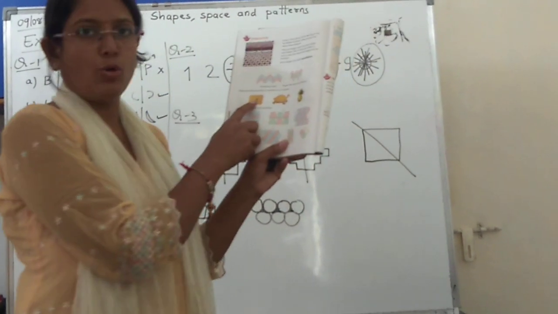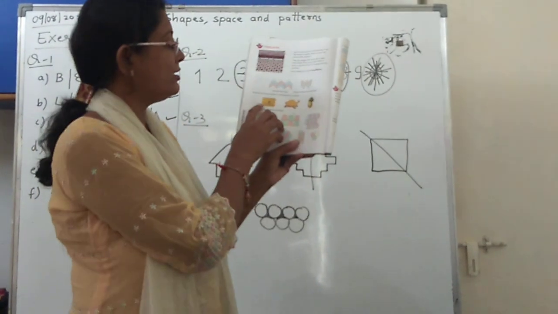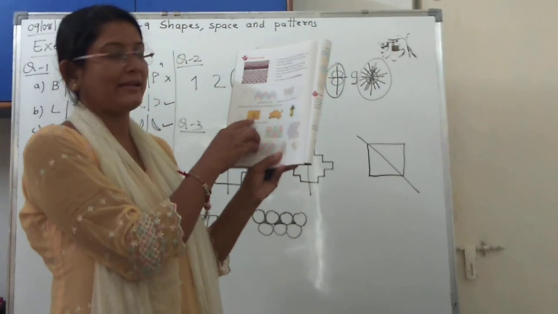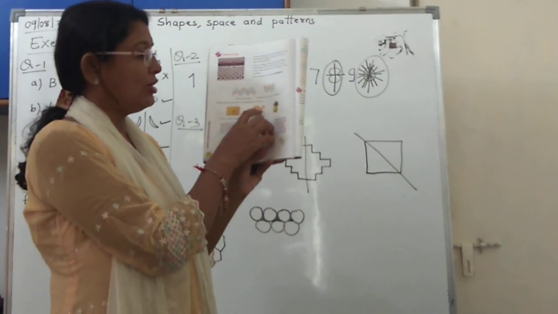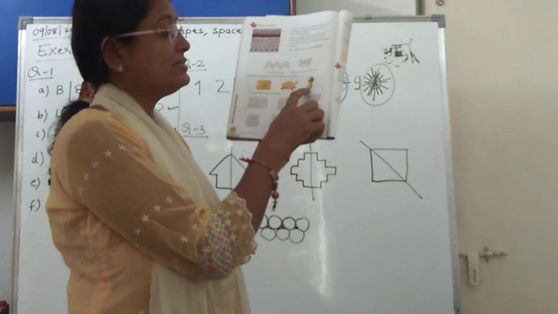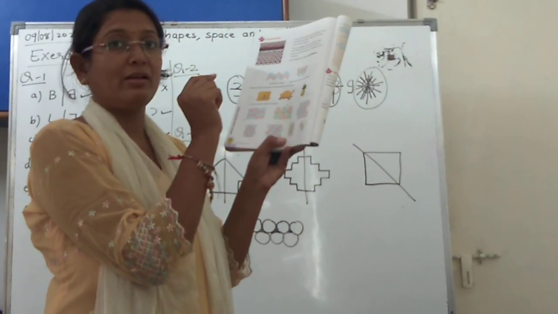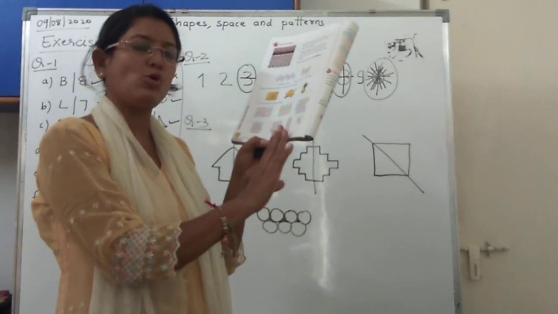Again, the honeycomb. Honeybees live in a honeycomb. That honeycomb, all cells are tessellated, hexagon shape. The top of the turtle, okay, they are also hexagon shape. The pineapple's upper skin, just see the shape, nothing is there in between, right? Same way here, one exercise is given which you have to do in the textbook only.